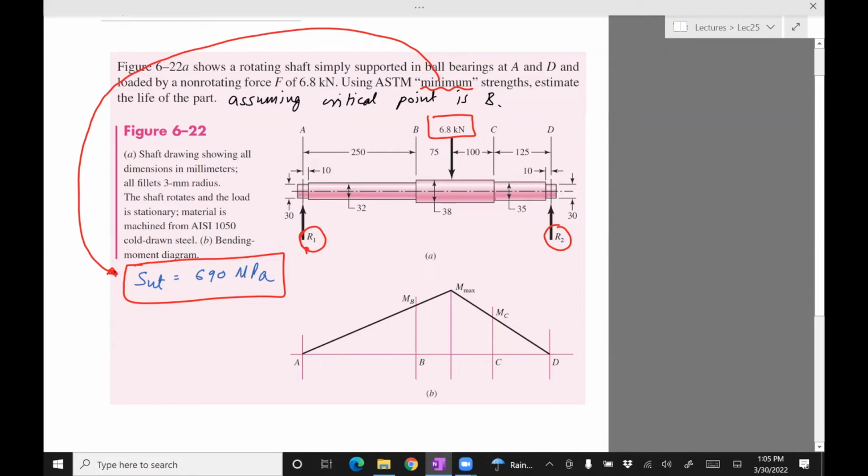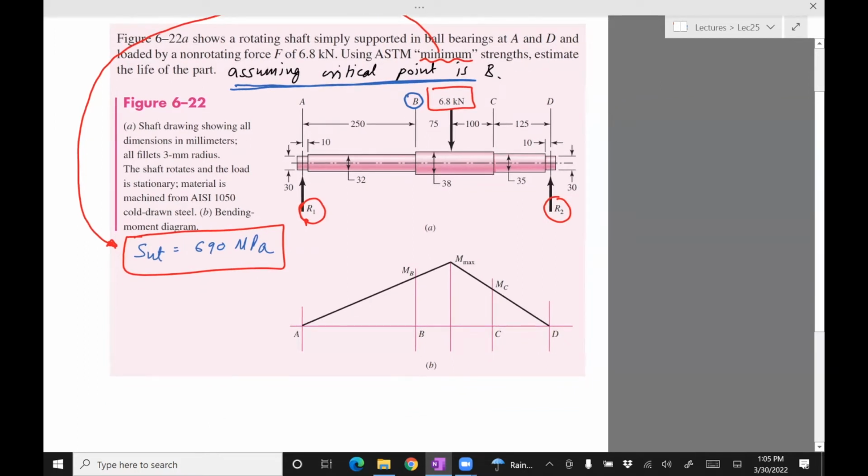Okay, now I have simplified this problem in so many ways by giving you the critical point. Say the point is B. Right, so let's come to that. If that's not given, let's say you don't know what the critical point is. Remember, you want to design based on the worst case scenario. That is, figure out where the stress is the maximum, and that's your critical point, and that will lead to failure. Now, if that's not given, then in this case, since this is loaded by loads which lead to bending,